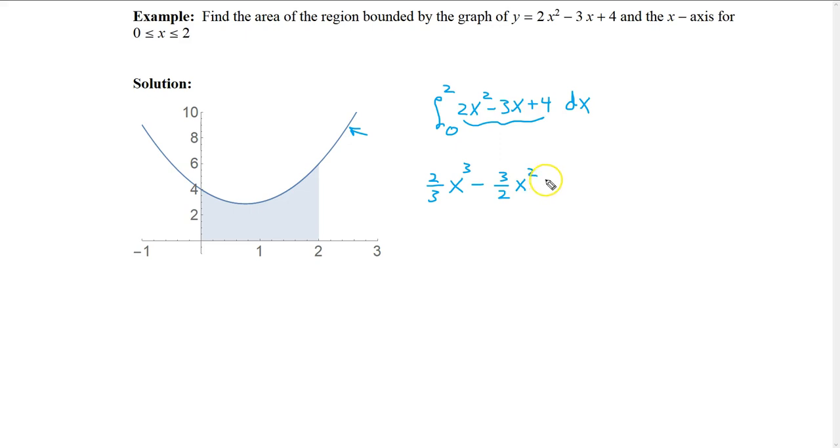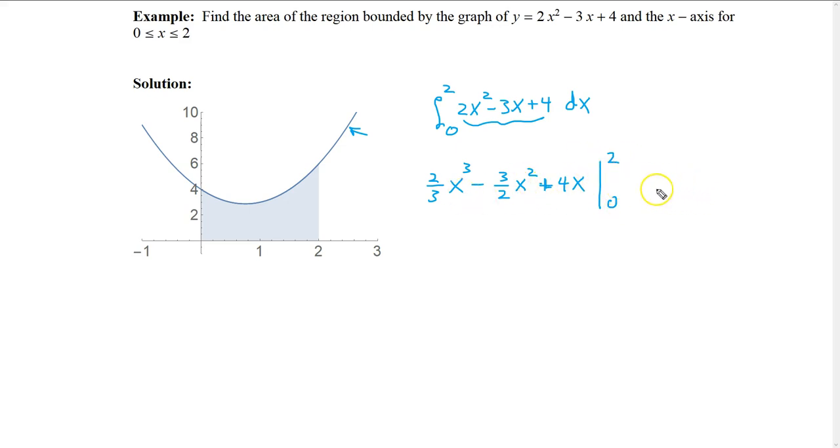And the antiderivative of 4 is just 4x. We don't worry about the arbitrary constant because we're evaluating a definite integral. Now we need to evaluate this from 0 to 2,